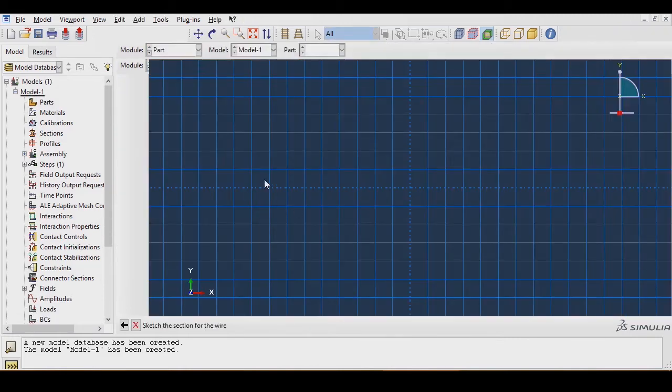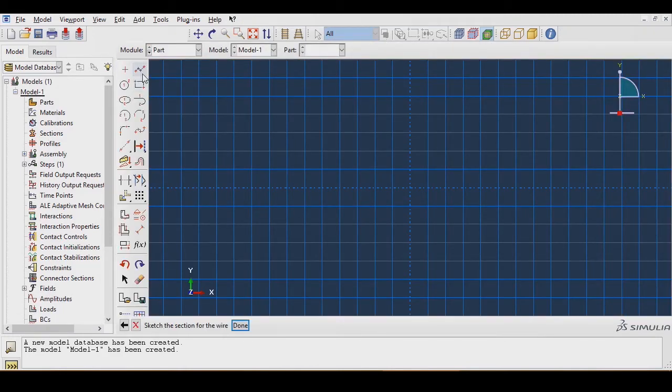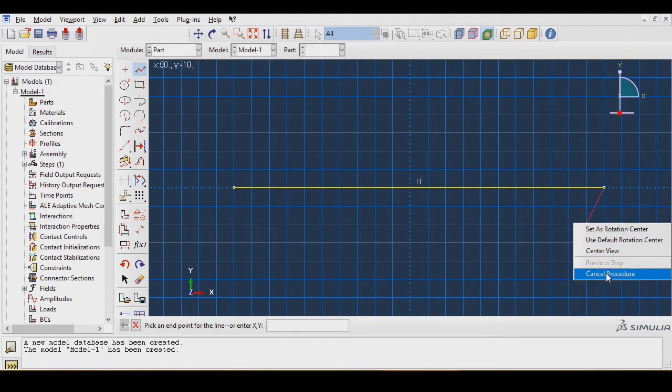In the sketcher area that appears, you are going to choose the create lines connected command, and make sure you draw a horizontal line. Whenever your points are horizontal, you will have this H appearing. You click, your line is generated, and then right click, cancel procedure.